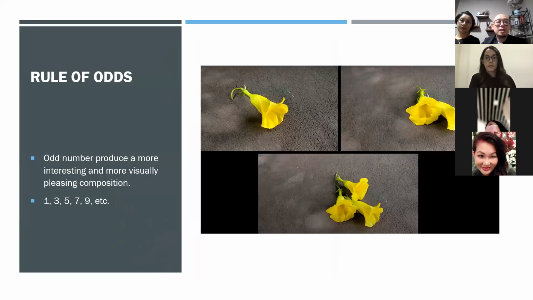Okay, so the next one is called the rule of odds, where the meaning of rule of odds is basically to produce generically a picture that is more pleasing to the eye. So photography is always about taking pictures and making it pleasing to the eyes. 这个的话是单数的一个 rule， 就是让我们的眼睛感到更舒服。